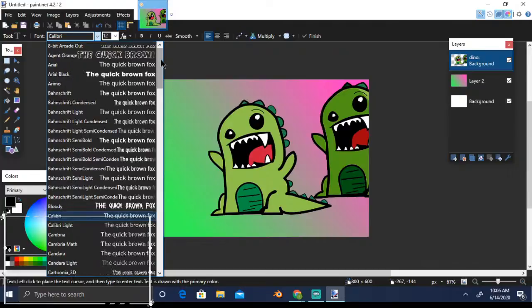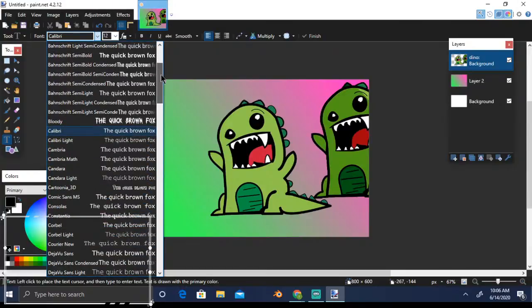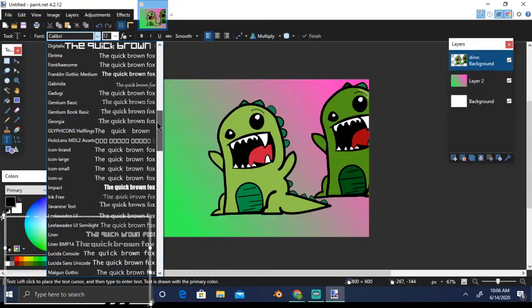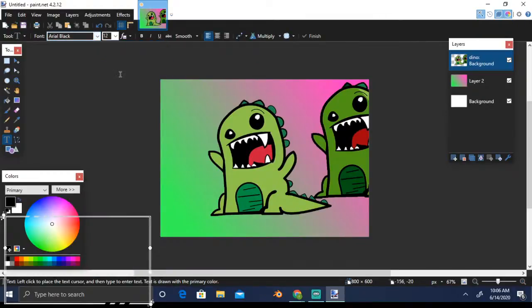So let's say you want a bold font, so let me select Arial Black. Okay, and from here you can select the size. So let me click it here. Always, as suggested, always create a new layer. For text also you can create a new layer and click on it.